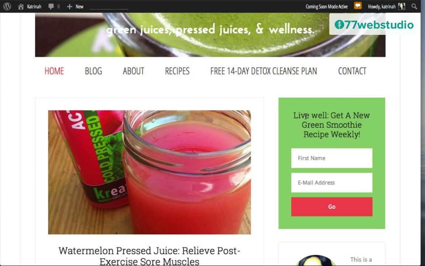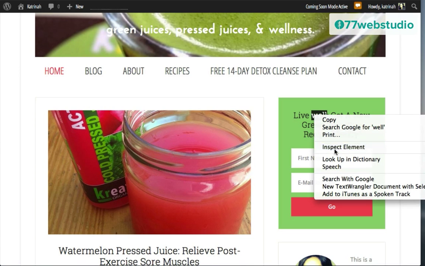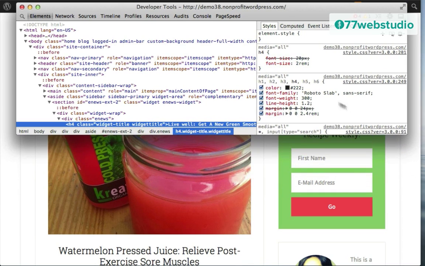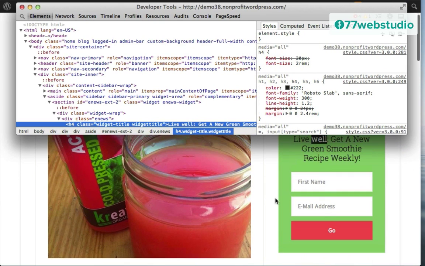Okay, so the last thing though is that this black on green is a little bit hard to read. I want to make that white. So I'm going to change that to white by opening up Inspect Element, and then here we see it's this H4 right there. All the header 4s throughout the site are this black color, and that's fine, but on this particular background I don't want it to be black. I want it to be white.